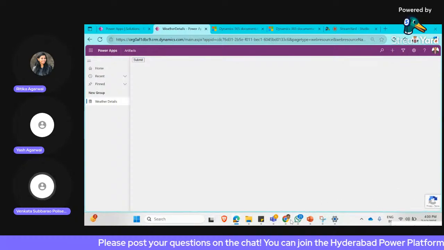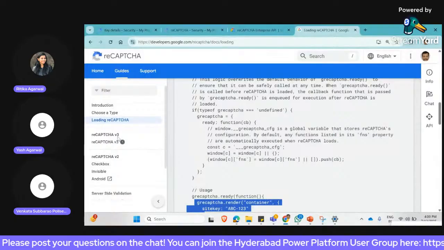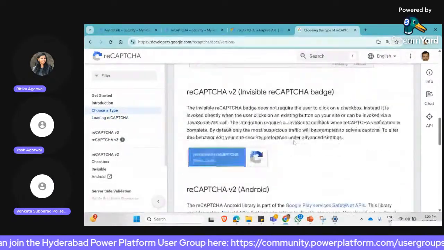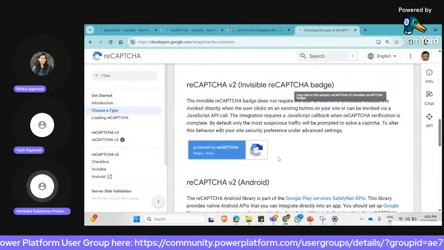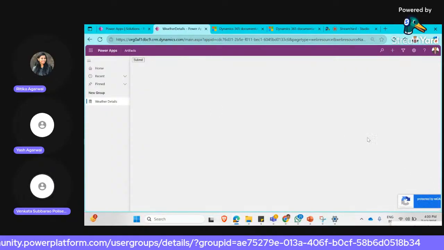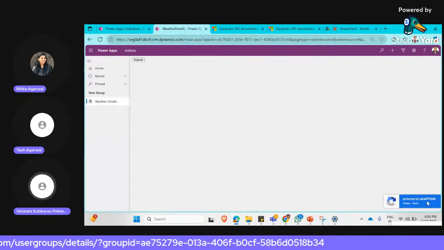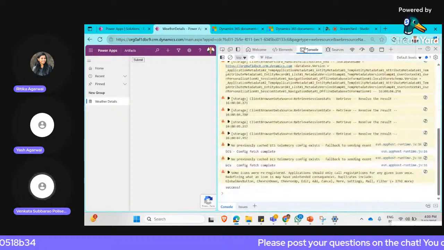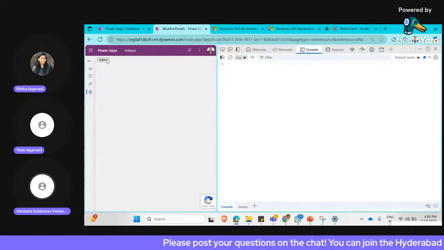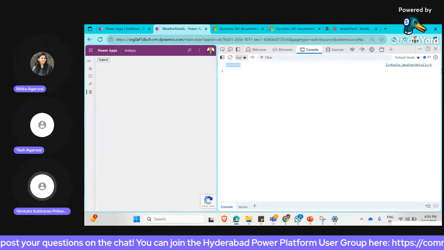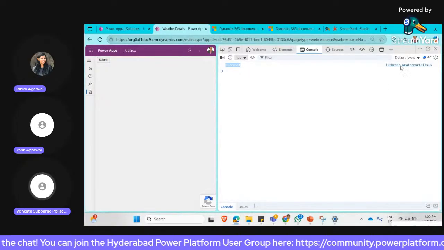If you go back to this documentation, this one, reCAPTCHA V2 invisible badge, this is what I have used here. This HTML page has this particular one. If I click on this particular submit, then some operation is going to happen. If you go back and see this particular console, if I click on this particular submit, the success is present. So what I have done here was